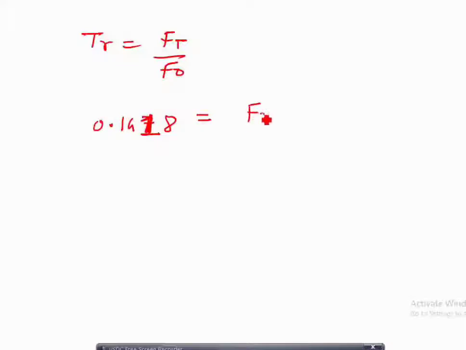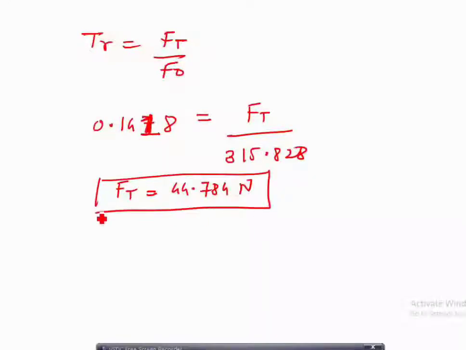We have to calculate, and what is F0? 3151828. Okay, so now putting into the calculator, I am getting the value of Ft as 44.784 Newton. So now from the theory it is clear that my Ft is less than F0 since my transmissibility